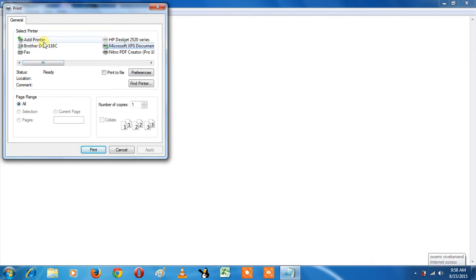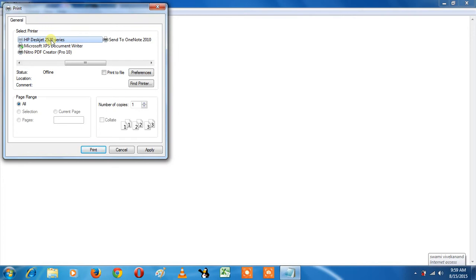This is add printer, this is Brother DCP-116C, and this is a fax option. All the technologies we have come in our printing options. For example, I have my HP DeskJet 2520 series printer, which I use for printing.